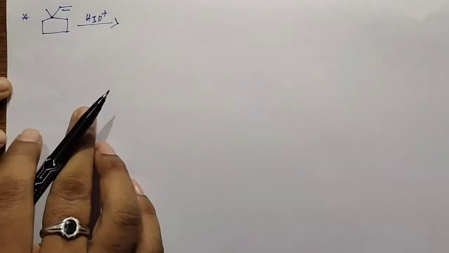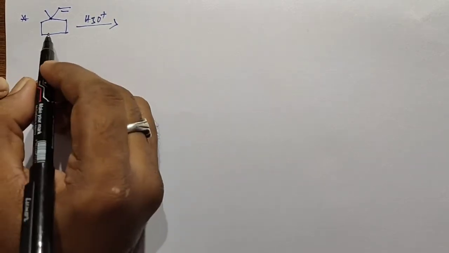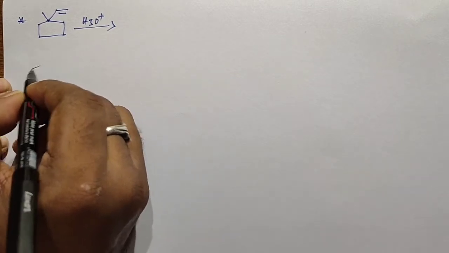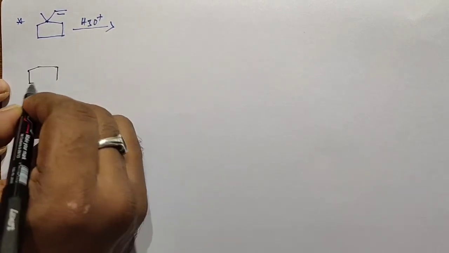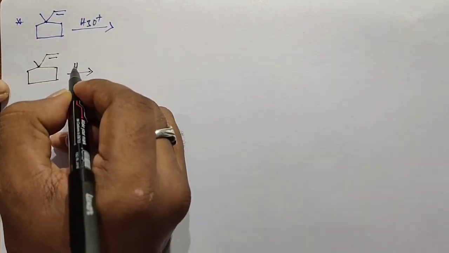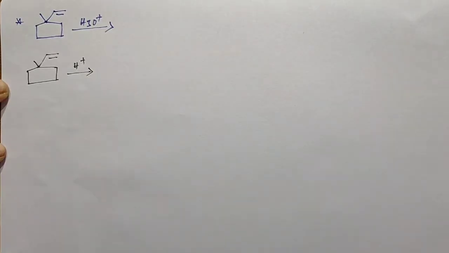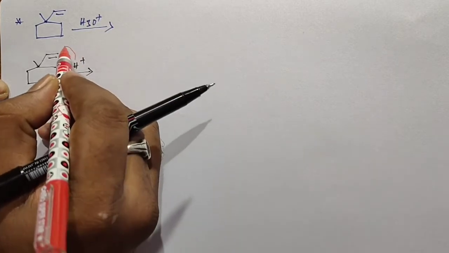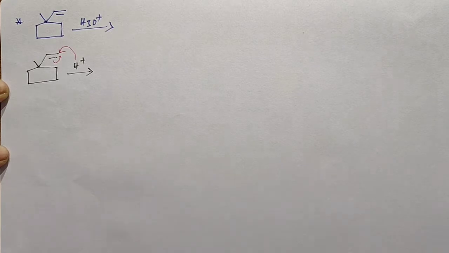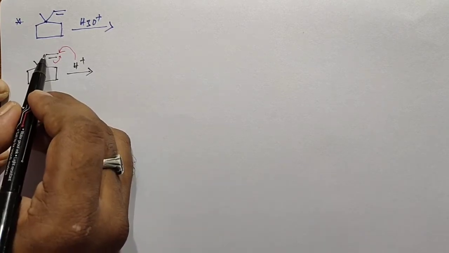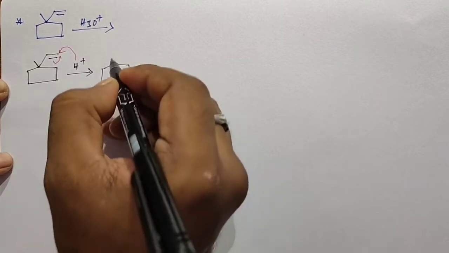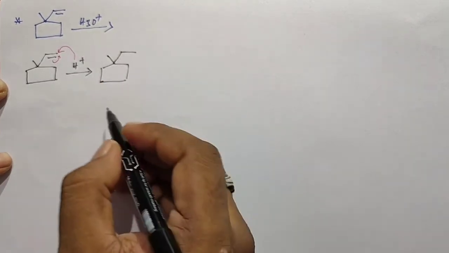That's all. Okay students, this is the next miscellaneous reaction. This reaction undergoes acid hydrolysis like the previous example, but in a different way. If you see this, this is the initial compound. This initial compound is attacked by the proton. The proton can be attached to this carbon, the pi electrons shift towards this carbon, and positive charge is gained by this carbon. So this is the product.